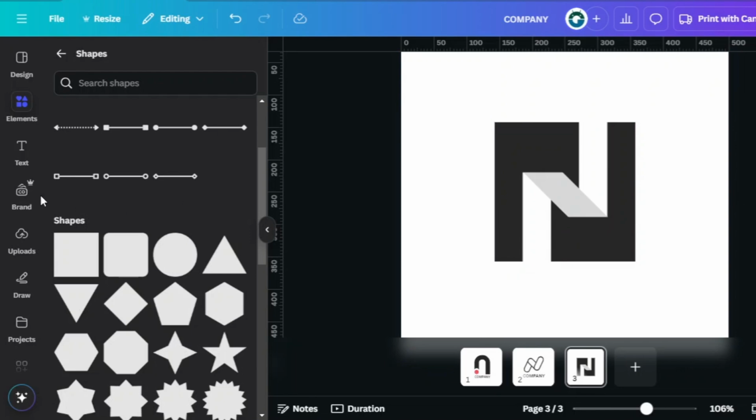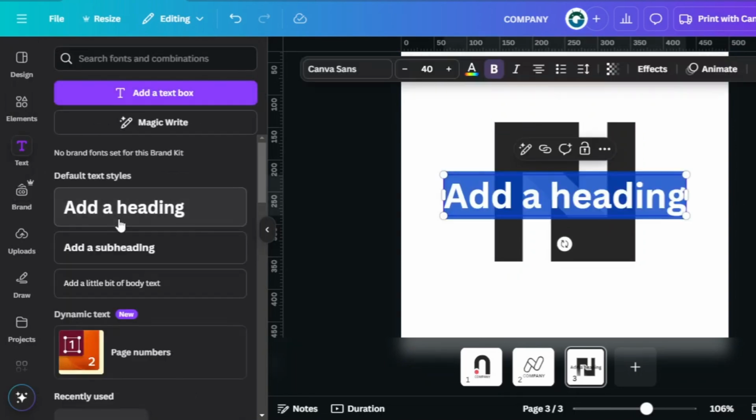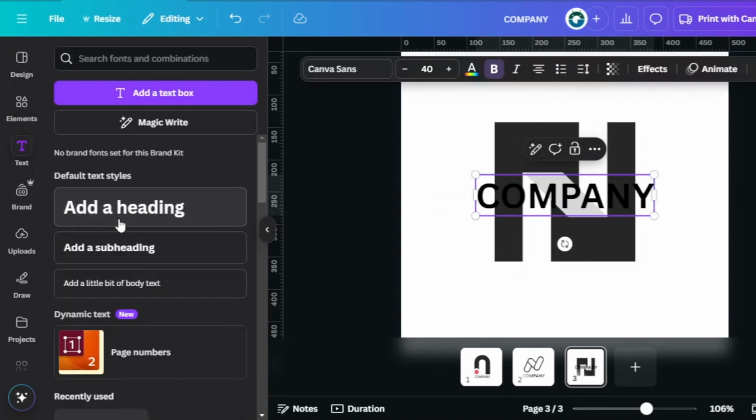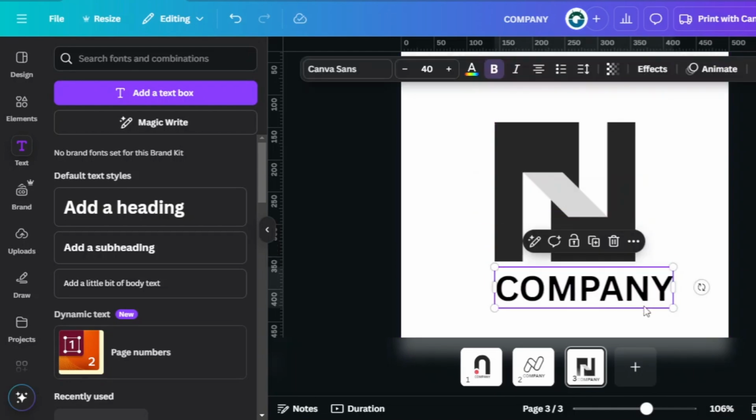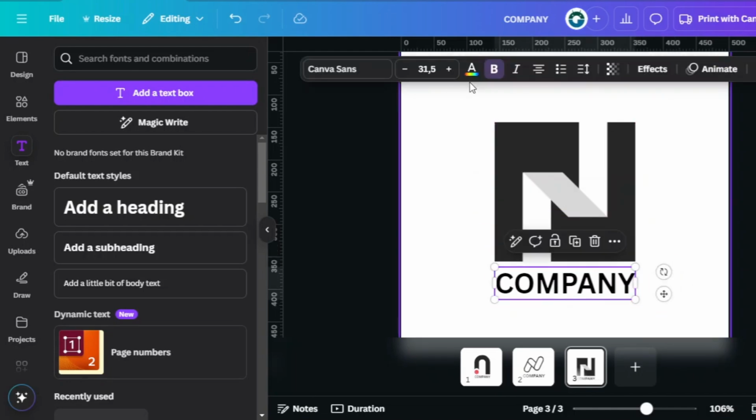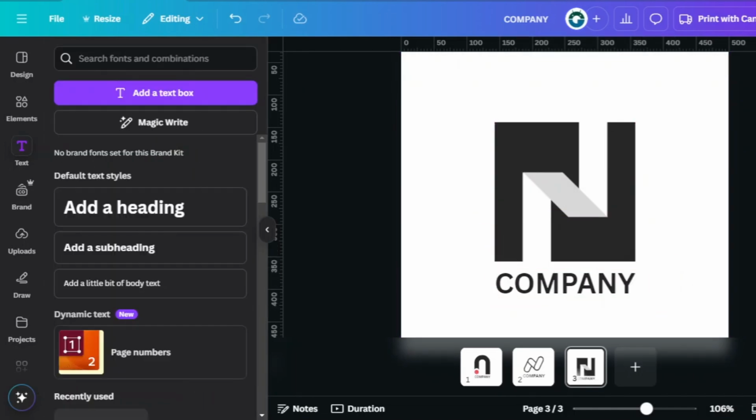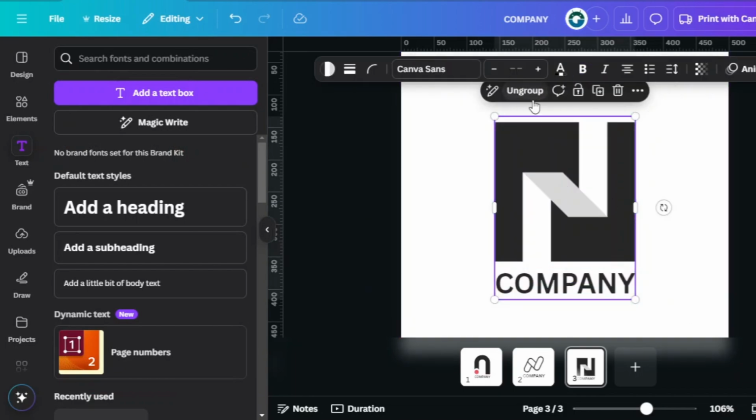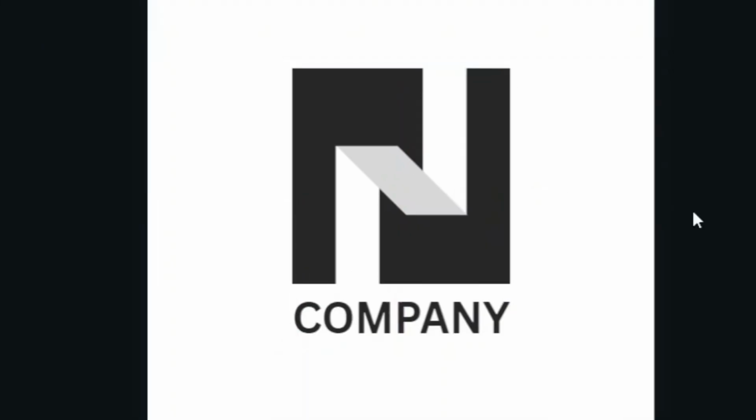Step 7. Add text to the logo if desired. Boom, the result? A modern logo with an optical effect that makes any brand look more professional and creative.